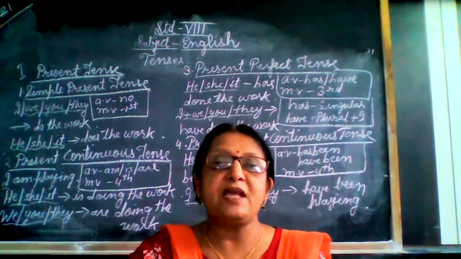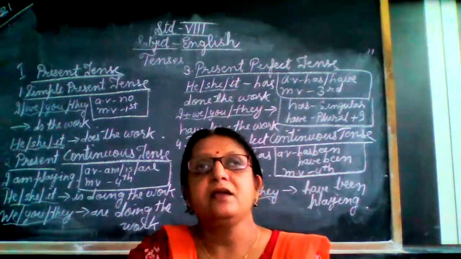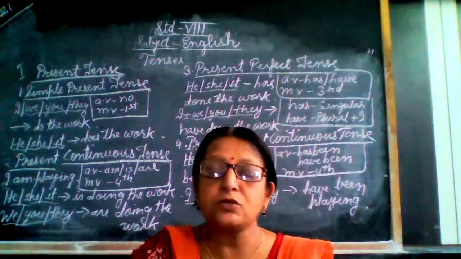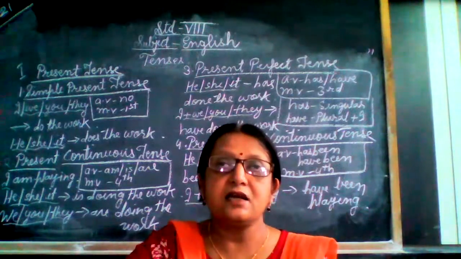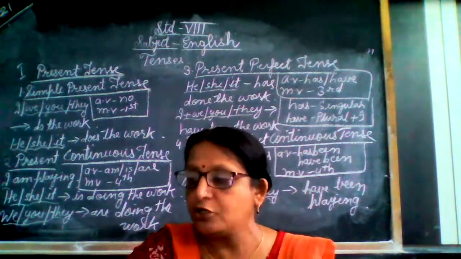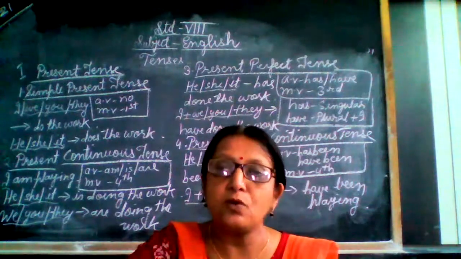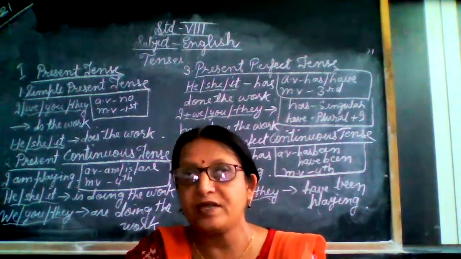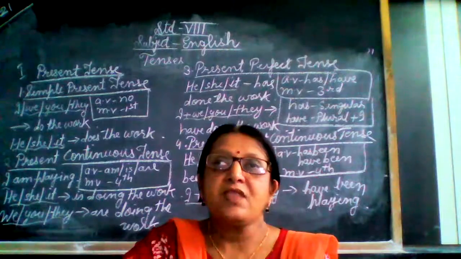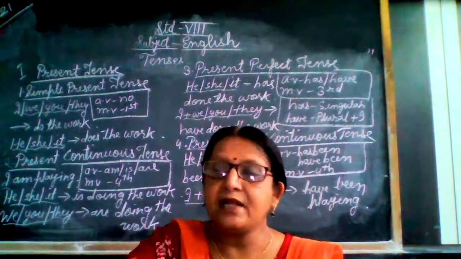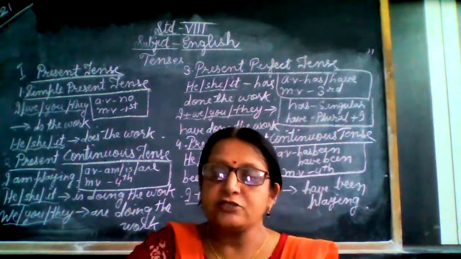So the question may be asked, rewrite this sentence. Suppose the sentence given is, I like football. Okay, so this is our simple present tense, and it will be asked, rewrite the sentence in present perfect continuous. So in present perfect continuous, you have to remember that two auxiliary verbs are there, has been, have been. So with I, what are we using? I have been. Okay, I like football, so I have been liking football.